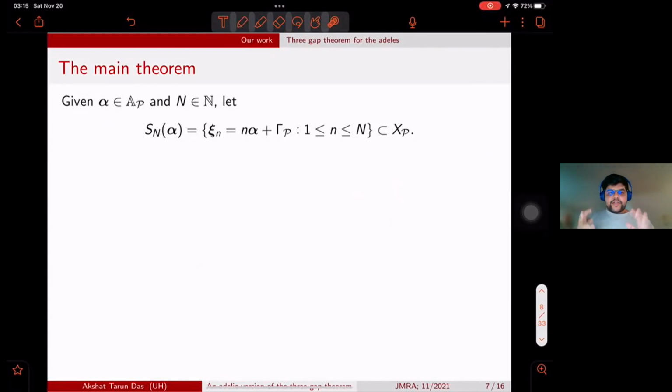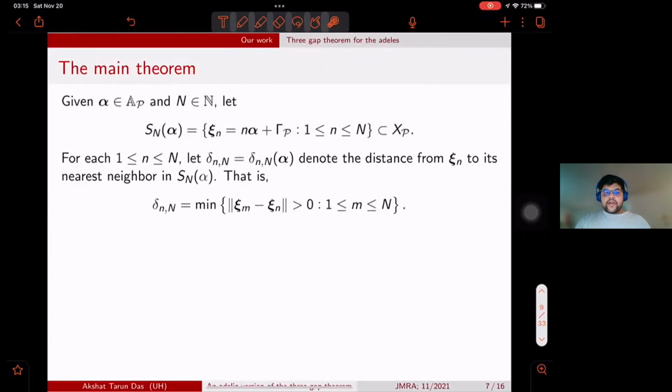So first of all, we choose an alpha in AP and a natural number capital N. Then S_N(alpha) is going to be the collection of the fractional parts of little n times alpha, which we are denoting by xi_n, as n runs from 1 to capital N. Now, for every little n, we have